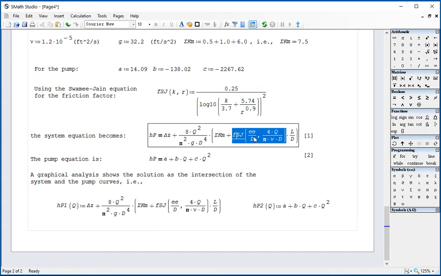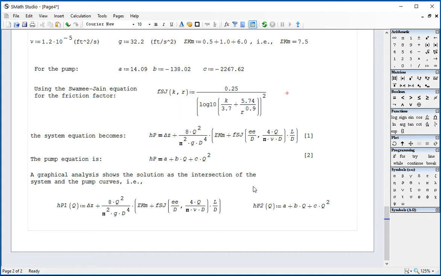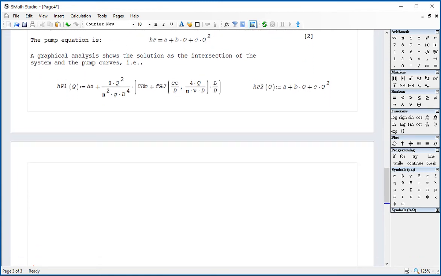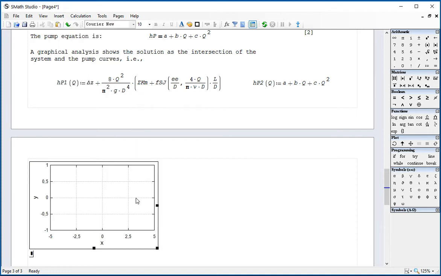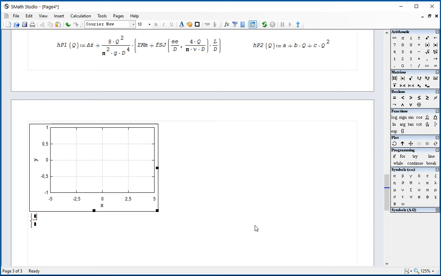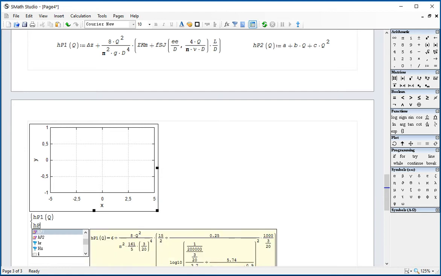The function that gives the friction factor is given by this empirical equation. And so basically what I have to do is solve these two equations simultaneously. So I create a function I call HP1 of Q, which is the system head, and HP2 of Q, which is the pump head. And so now I'm going to insert here a plot, an XY plot, a system of equations where I'm going to put HP1 of Q, HP2 of Q,